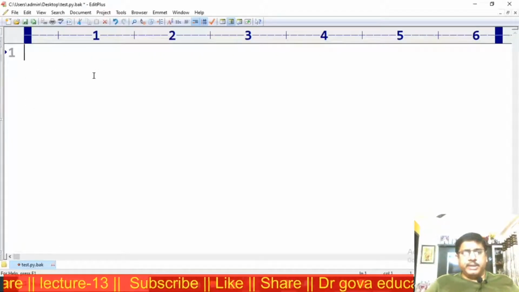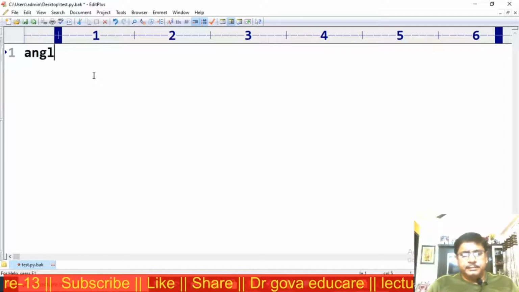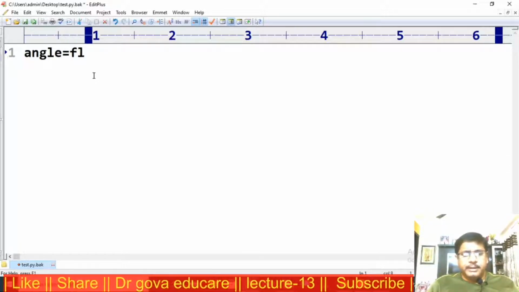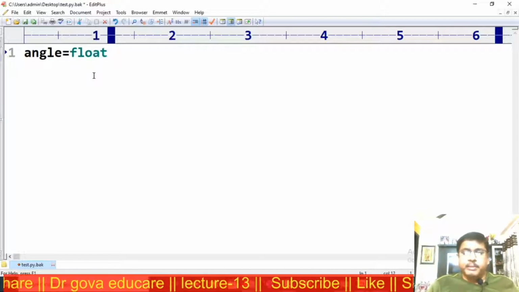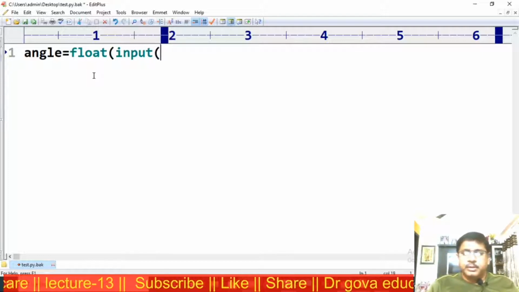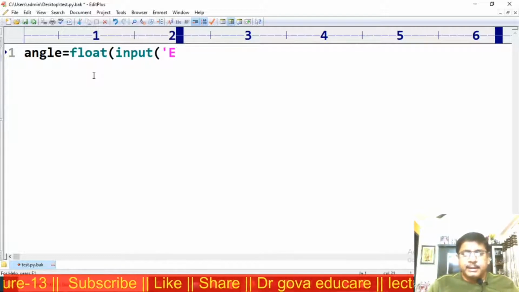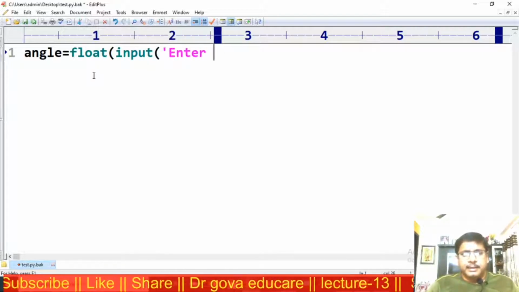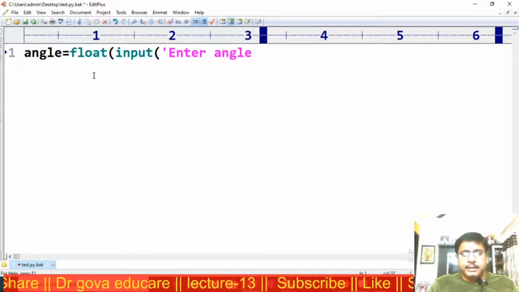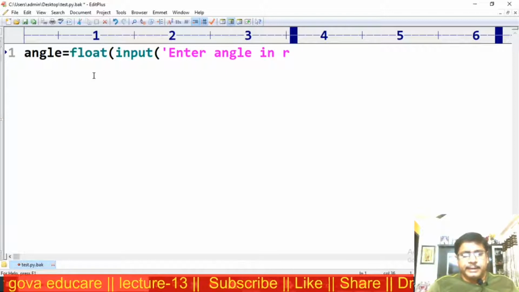Now the input is angle is equal to, assuming it is a floating point value, input, enter angle in radians.